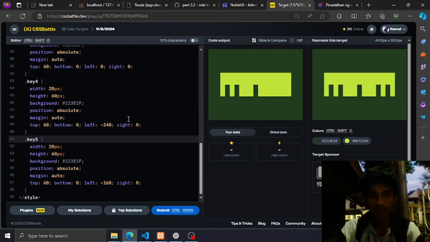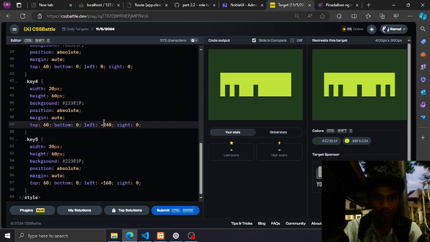To have equivalent keys like the left key to the right key, we will just reverse the value from negative to positive. So what I mean is, here you can adjust the horizontal placement of this thing like that.